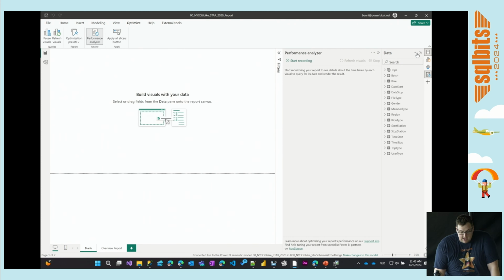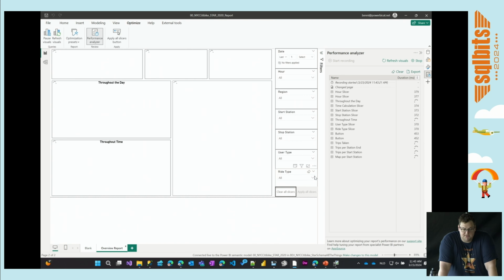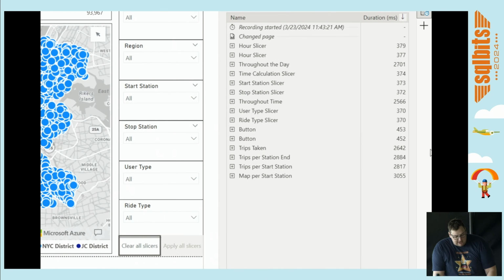Remember, it's just the data for 2020. So I've started Performance Analyzer. Now I'm going to go in there, and we'll see what happens. Exactly the same time. Whoa. I thought I mentioned that it was going to be faster. It's not always going to be faster. There's a variance in there that you're going to see, but roughly, for the amount of data that I have here, you're always going to see the same duration. It's going to be equally as fast for the report I have here. But